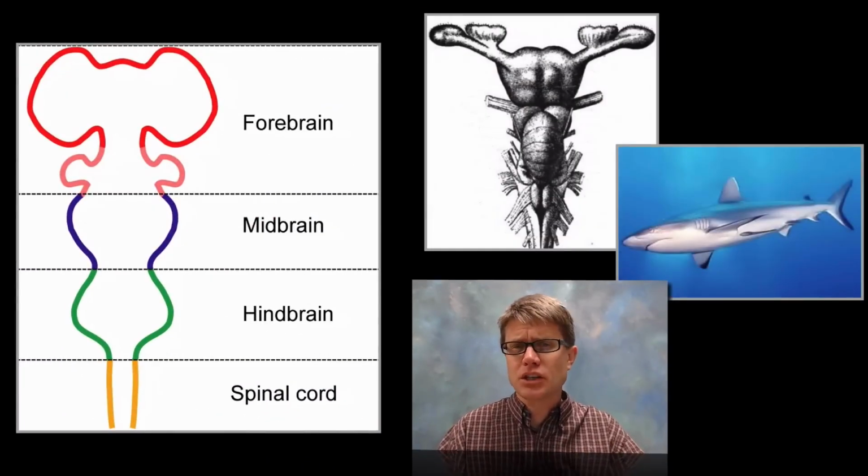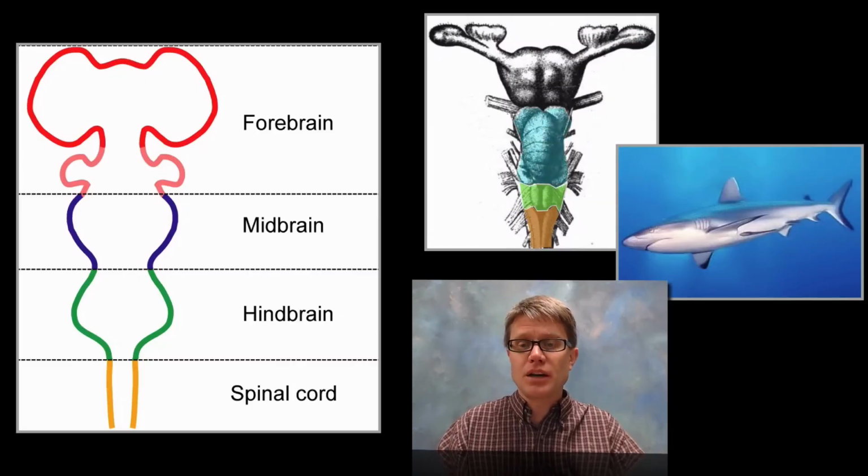And if we look at something like a shark, it pretty much looks just like that primitive brain. You can see down here we've got the spinal cord that's bringing information in. We then have the hindbrain, the midbrain, and the forebrain. And so one thing you should remember is that the closer we are to that spinal cord, the more basic